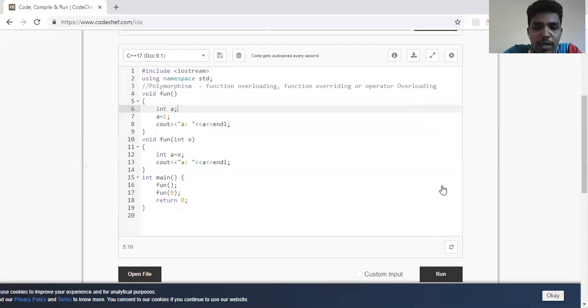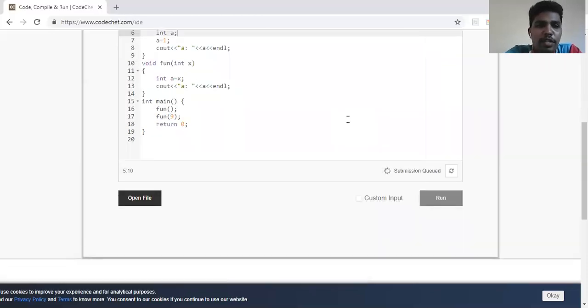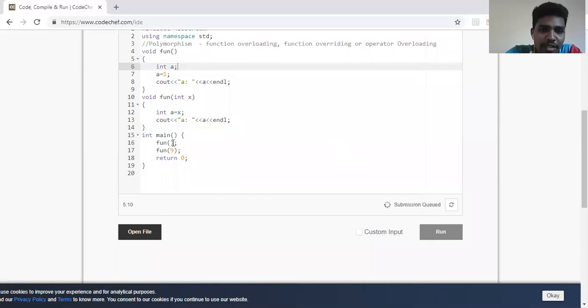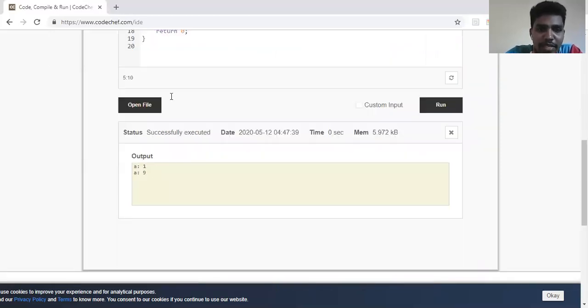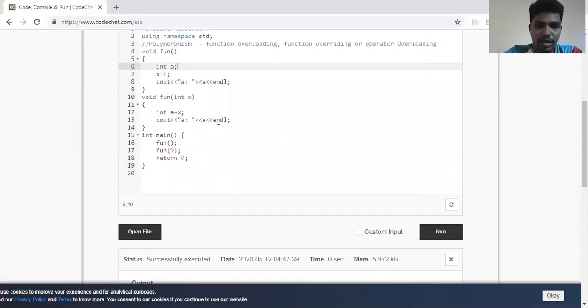So when I run this particular program, my compiler is not confused. The first function doesn't take any argument, so it goes and prints a equal to 1. The second function prints a equal to 9. It is confused if I give a default value, for example, if I make this particular function's argument equal to 1.